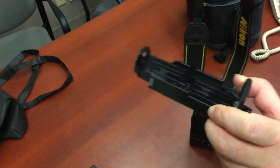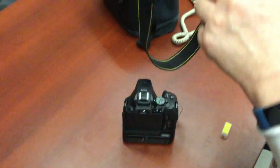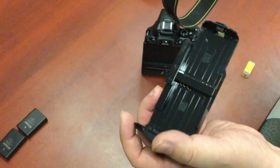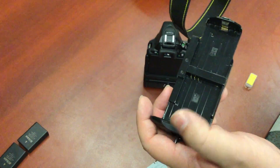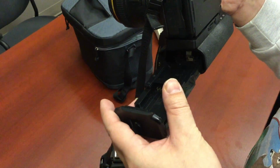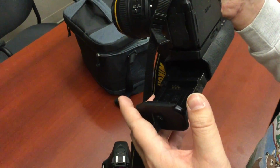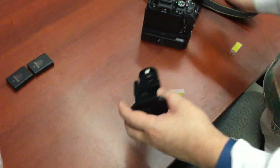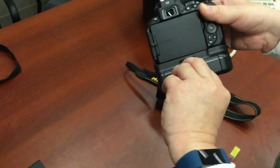Now I can take this battery grip, and actually these battery grips will work in either camera. It's just that with this one, it's impossible to remove one of the batteries once it's inserted. So you cannot keep the good battery in while you do the same test that I was doing. So both counterfeit batteries are in this camera here,